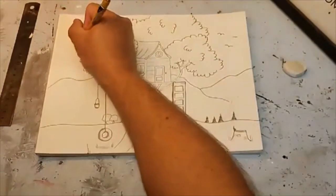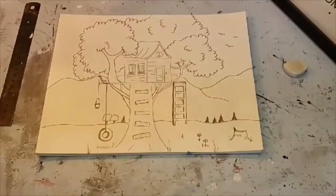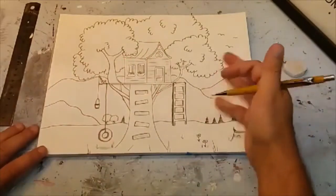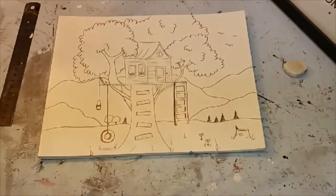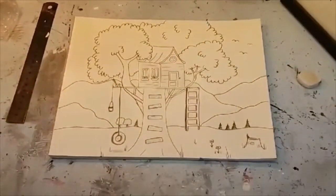Yeah, I really like this, guys. This is turning out pretty nice. Add some extra fluff in there. Maybe add another mountain range that's just a tad bit closer. And that'll give us some color options as well. Oh, good. Did you guys like this? I really like this. I really liked the